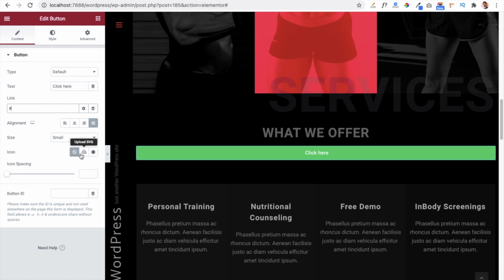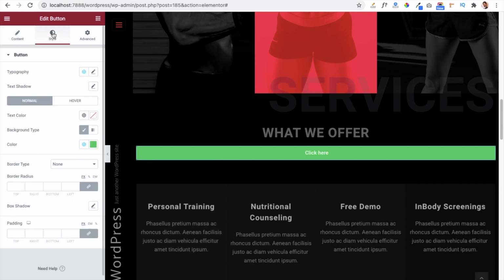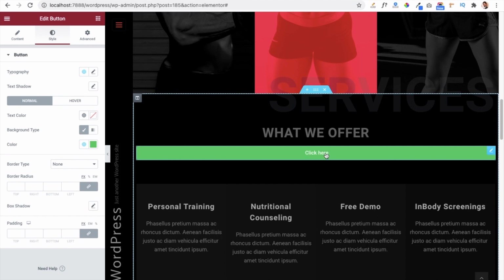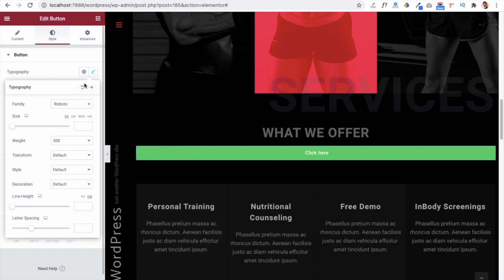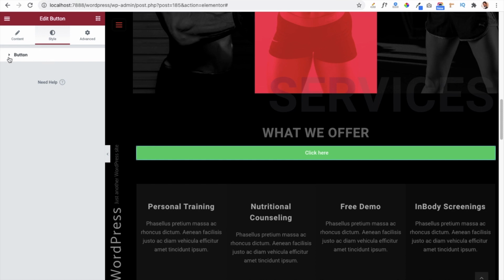You can add icons in the button, you can give a spacing between text and button, and you can also design the button according to your requirements, such as you can manage the typography. So this text will be changed according to this typography option. You can manage the font family, font size, font weight, text transform, etc. So these are the typography settings.